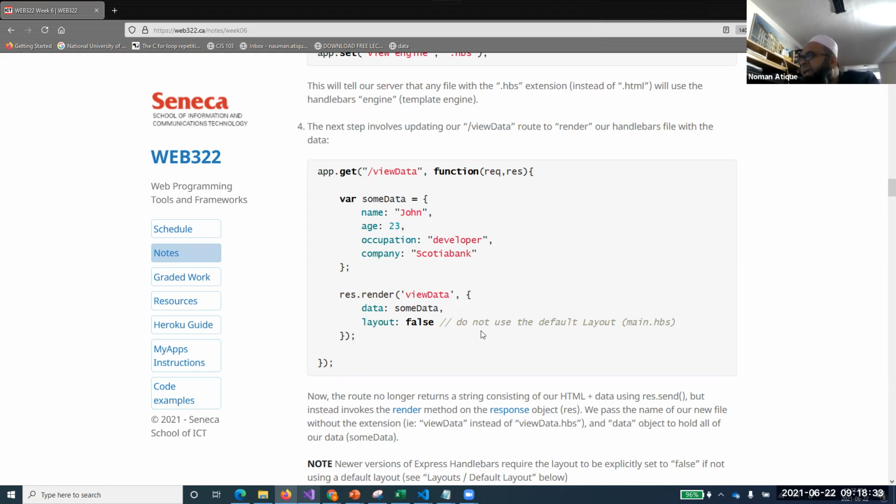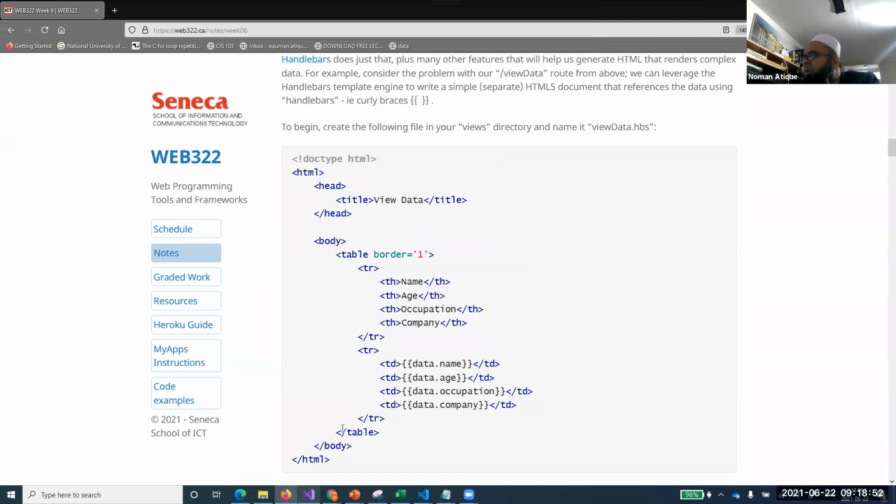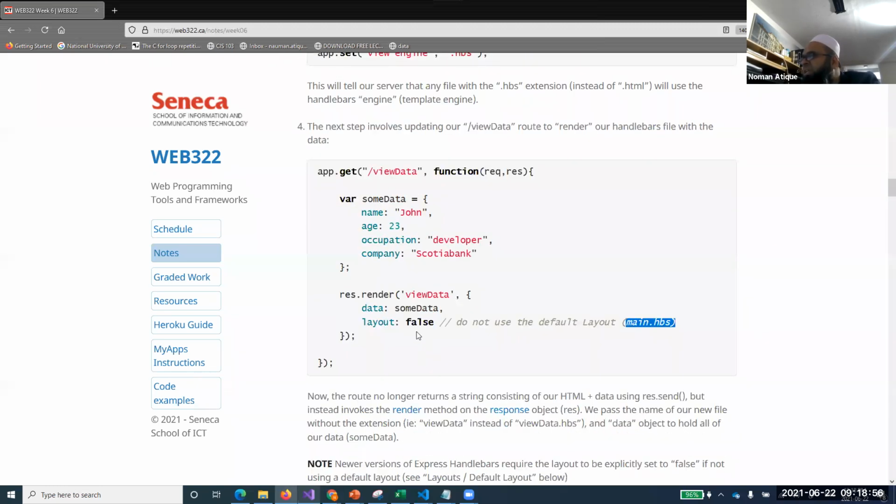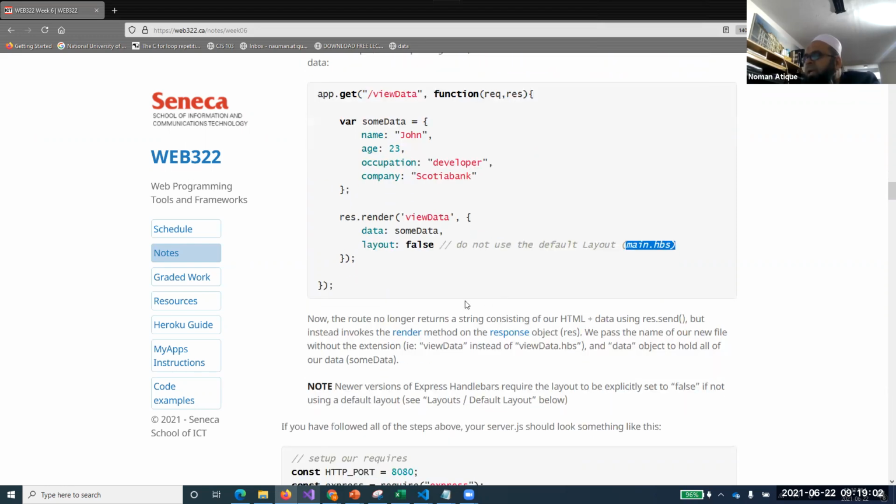It basically tells it not to use the default layout main.hbs. It basically looks for a default layout called main.hbs. If we do not have a main.hbs defined, and sometimes we don't want one, you say false, I will be using my own syntax. So this one is using its own HBS data format. It is basically to deny it from going for a main file, just denying the default file.